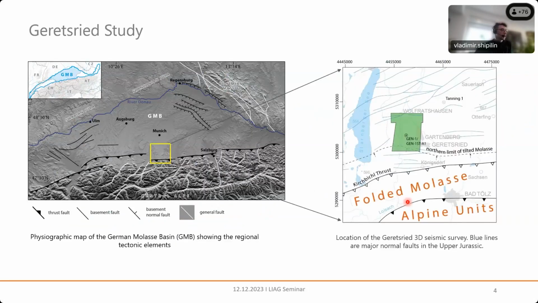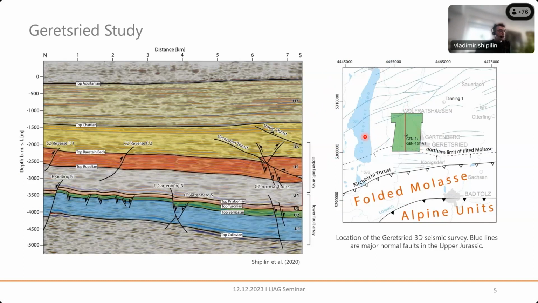This is something that I recognized while working on my first 3D seismic data set when I was still at LIAG. It was a 3D survey acquired in the southern part of the German Molasse Basin, approximately 40 kilometers south of Munich, around the area of Geretsried. Here I observed a quite interesting fault configuration, which is illustrated on this representative seismic section that runs north-south across the